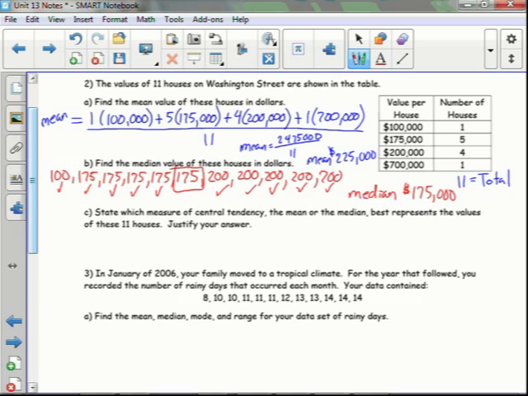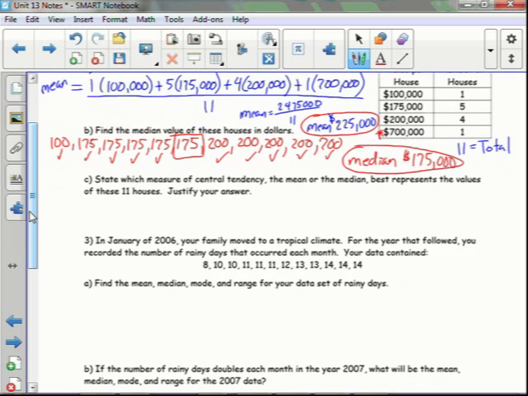Okay. Now, part C. State which measure of central tendency, the mean or the median, best represents the value of these 11 houses. Okay, so let's go back and look at our data. The mean is 225,000. The median is 175. If we look at the mean, 225, there's only one house that's more than 225. Every other one is less than 225. So what that means is that the mean value was really affected by this 700,000. That's the outlier that we were talking about before. So a better one would be the median, because that's kind of in the middle. And again, it's not affected by the outlier